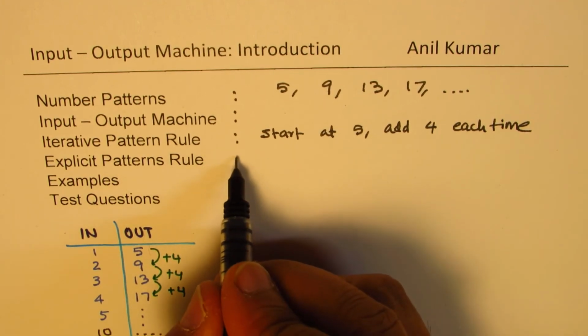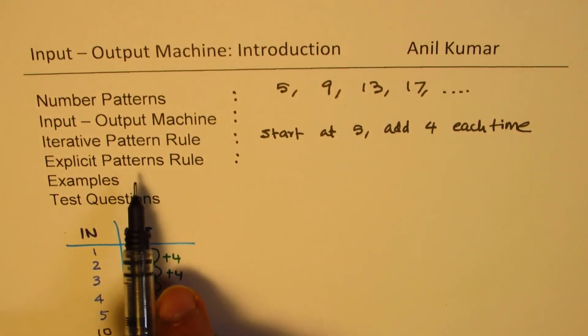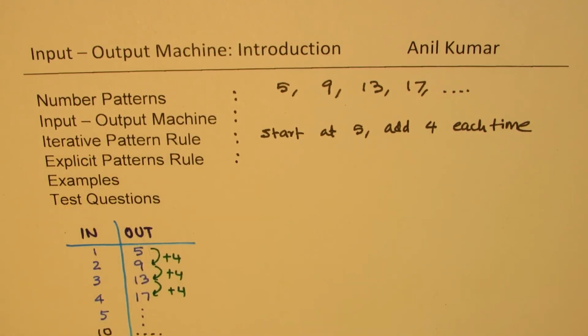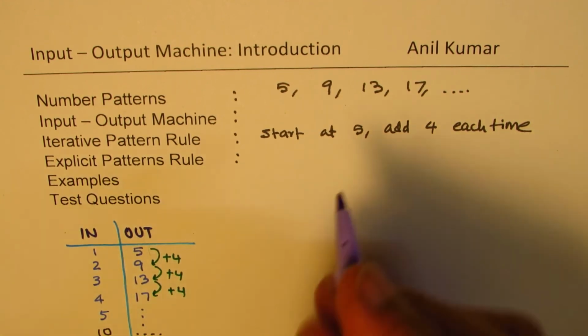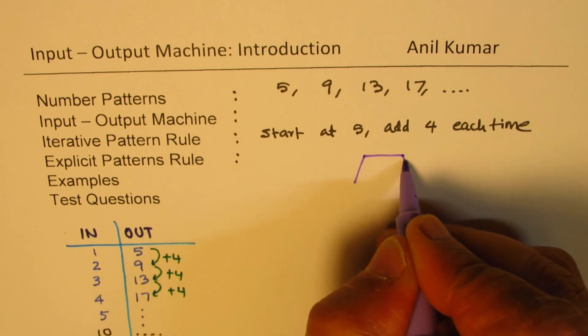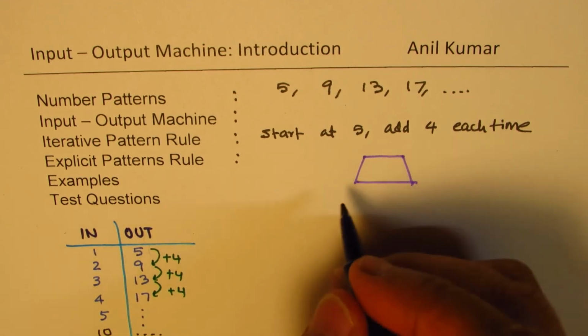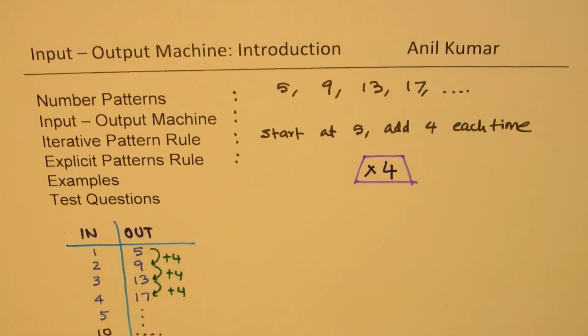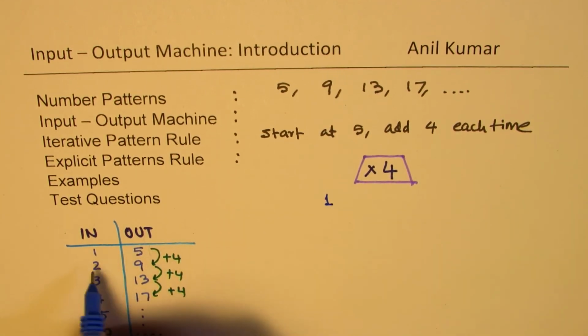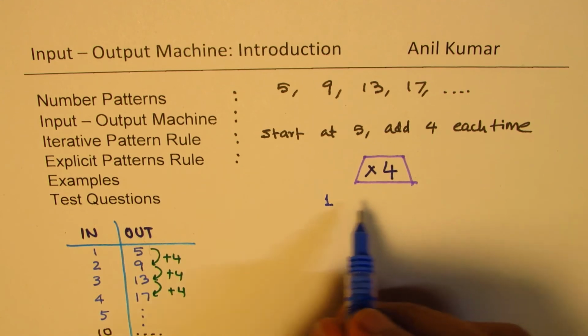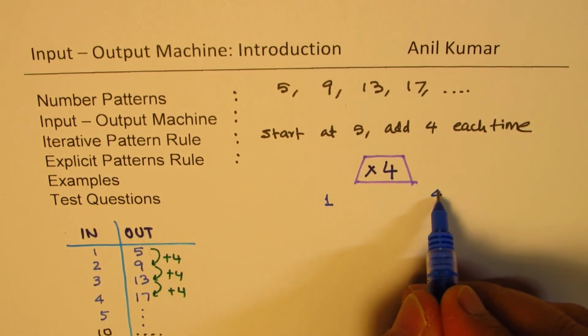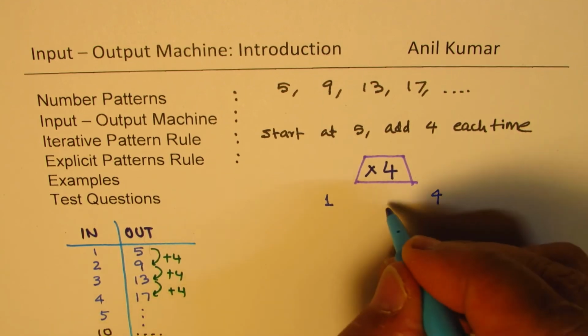Okay, now these two are related, explicit pattern rule and input output. Since we are adding 4, we should be somehow multiplying by 4. So I start with my machine and say I should multiply by 4 first. Because adding same number is same as multiplication, right? So times 4. Now we'll do our testing. So we test with one number, which is the first number, and we want, when we multiply by 4, we